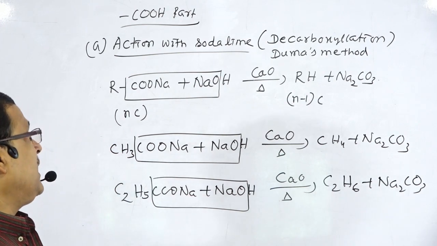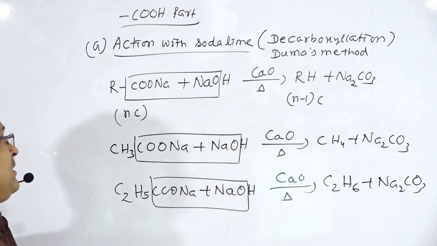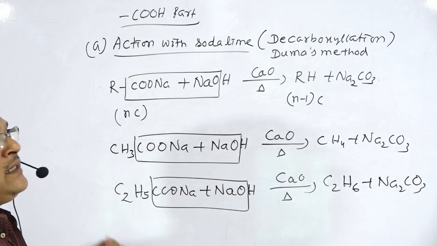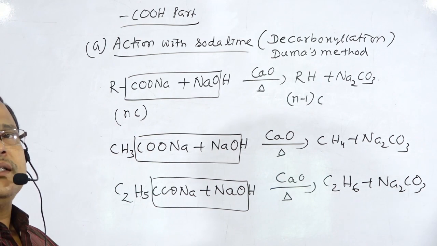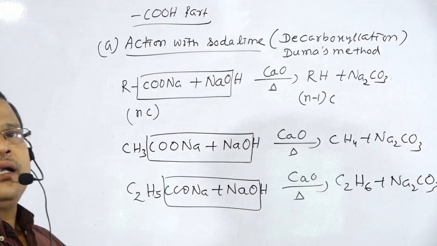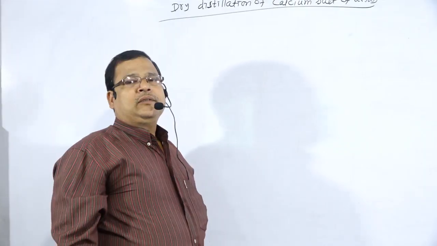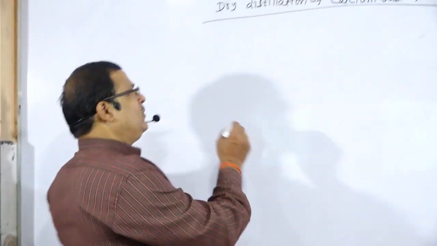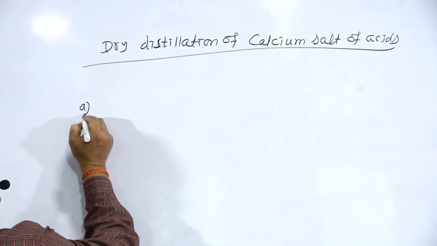So this is regarding the reaction of the carboxylic acid due to the COOH part, the decarboxylation. Next is the dry distillation of calcium salt of acids to form aldehydes or ketones. We will say the dry distillation of calcium salt of acids gives aldehydes, ketones or a mixture of both. For example, when calcium formate